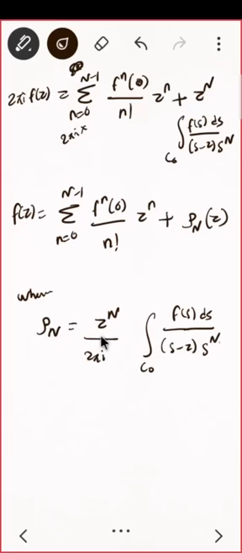Now observe one thing: I just have to take the limit n tending to infinity everywhere, and I'm done. I just have to prove one thing, that this term goes to 0. If I am able to prove this goes to 0, then I am done. This is my Maclaurin series, if you remember. So you just have to prove this goes to 0, correct?